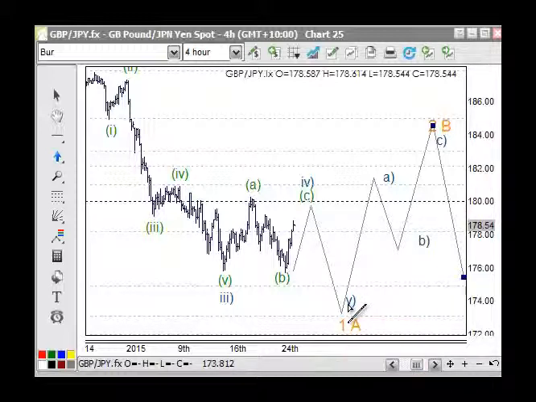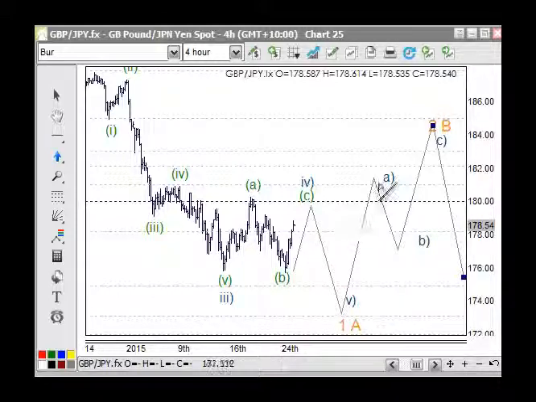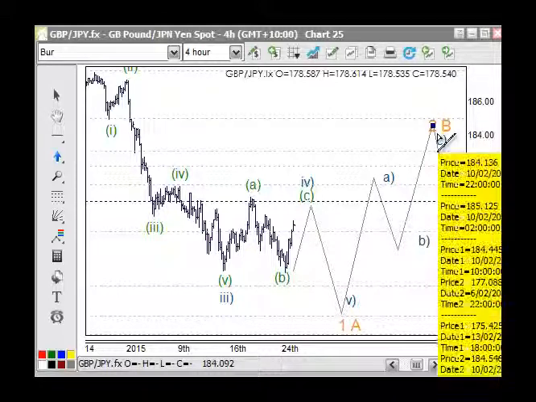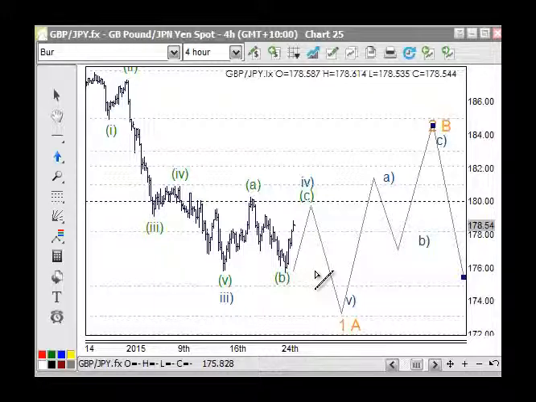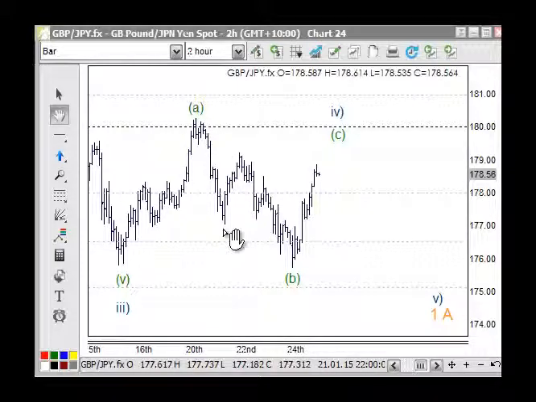So just a little bit unsure about this wave 4 structure here, that I don't know if that blue wave 4 should be here and that blue wave 5 should be here, and then we're moving up for this A, B and C here. I'm not really sure about this, so I just think that we should leave this alone for a moment. And this is the sort of structure that we're looking at here. So you can see here that we do have a nice clean 5 waves down here as wave A, back for wave B, and